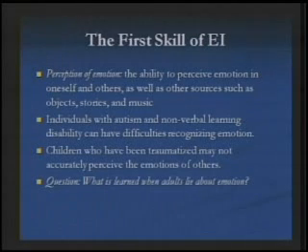So the first skill of emotional intelligence, according to these authors, is perception of emotion. And that's the ability to perceive emotion in yourself or in others, as well as to perceive emotion from other sources, such as an object of art, or the emotional content of a story, or the emotional content of a piece of music. And so to be able to relate that information coming in and have your own experience of it and your own understanding of it.